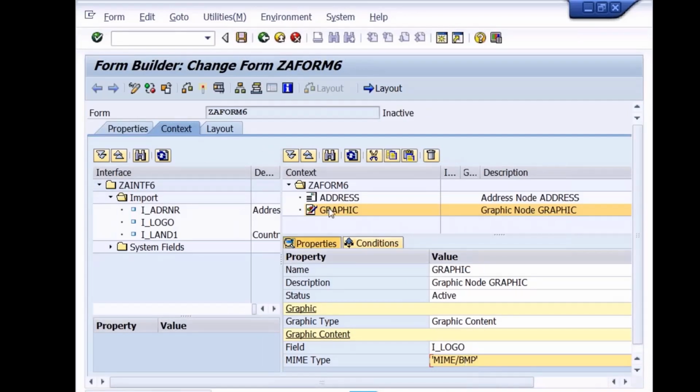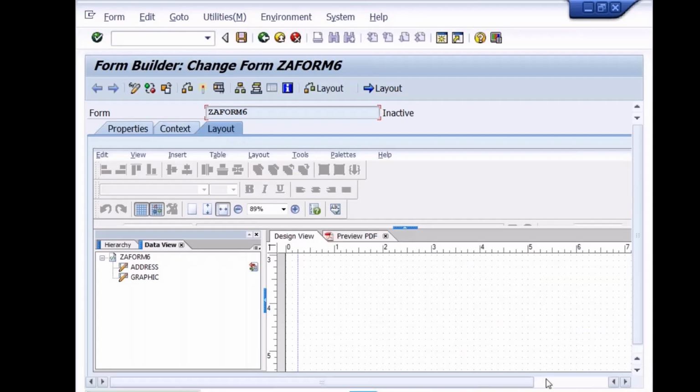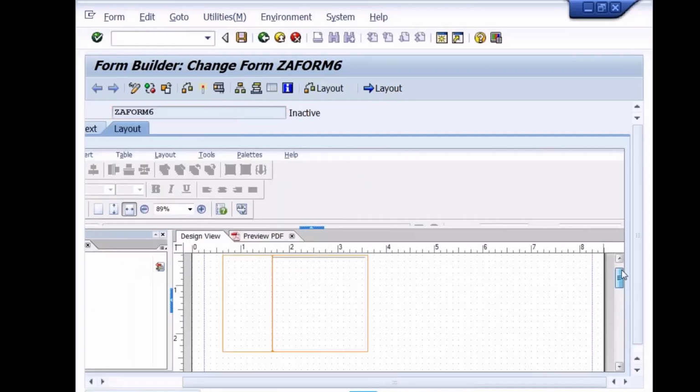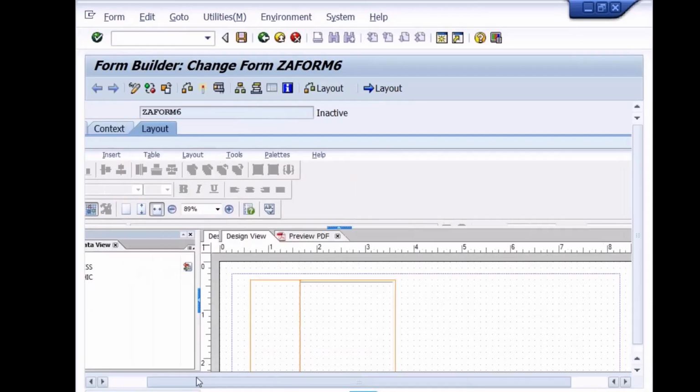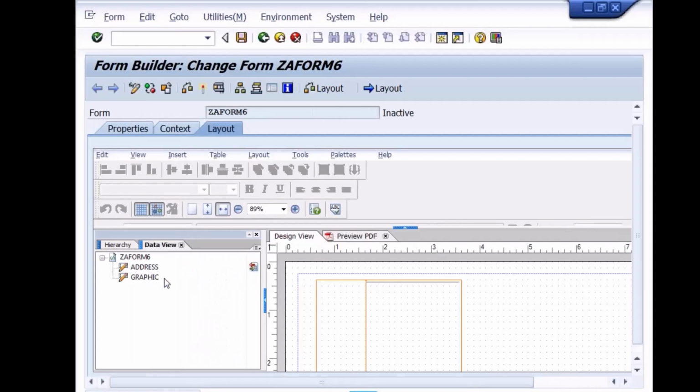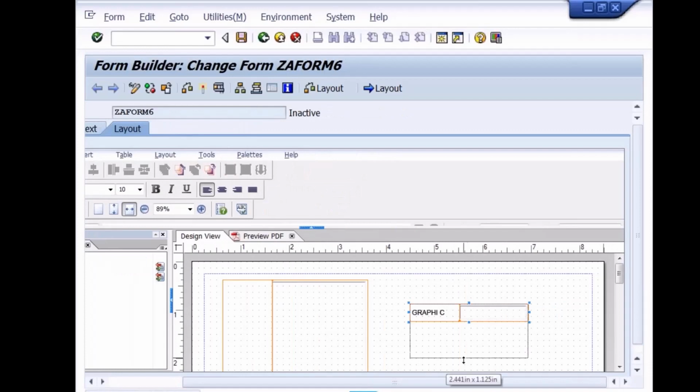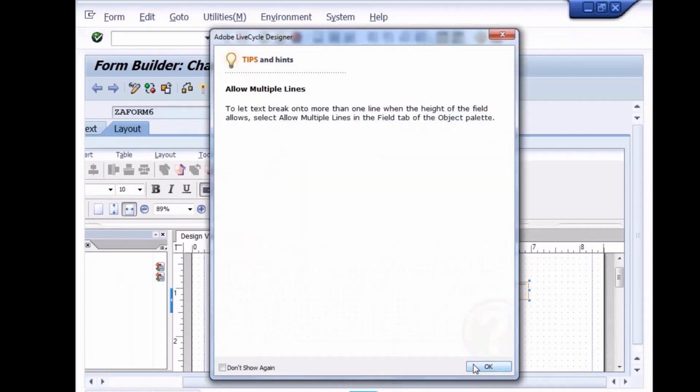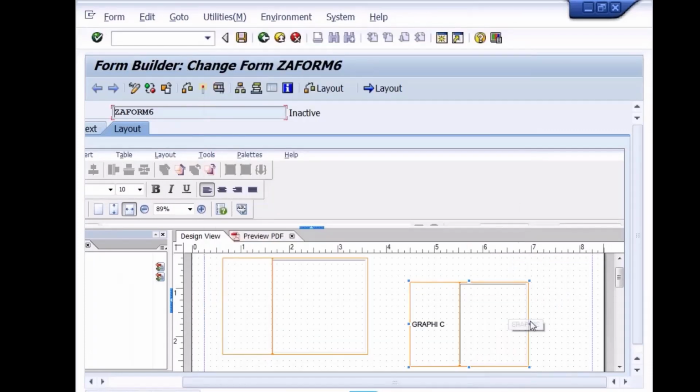So I created a graphic object. Then I'll change the graphic type to what? Graphic content. Associate the parameter which is carrying that particular graphic and change the MIME type to so and so. Then go to what? Layout. So now see, this is your address. Now I want what? Graphics. So I'll just take the graphic, I'll put it here. Done.